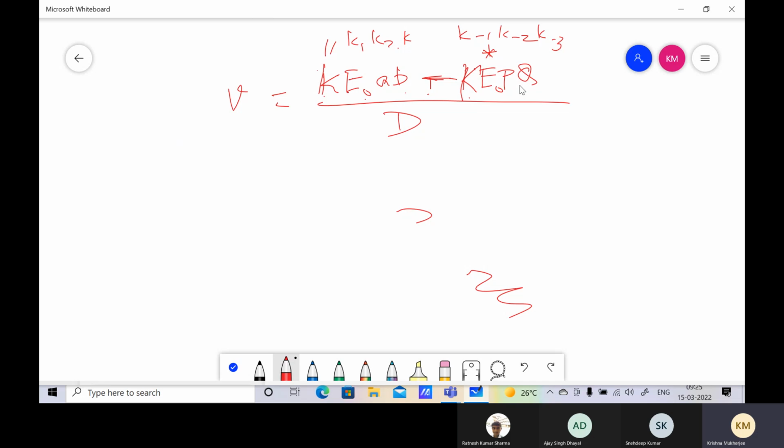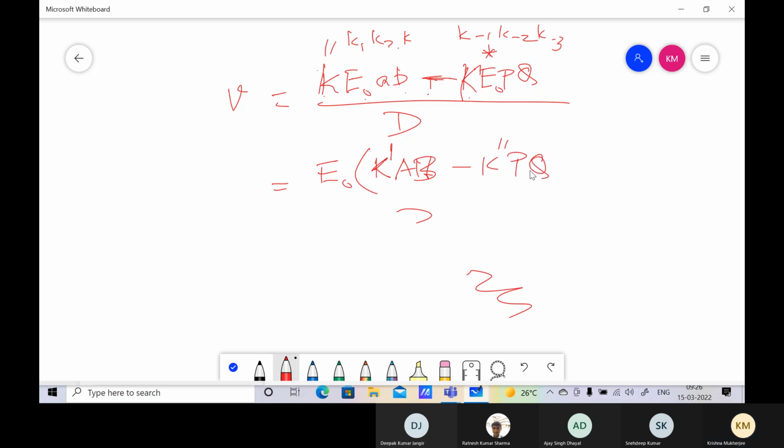So these are the steady state equations. So we really are saying that this sort of thing takes the form of some E naught here, and then some constant capital K, some constant capital K1, let us say, into A into B, minus some capital constant K double star P into Q. Okay, and then there is a denominator, and unfortunately this denominator is actually quite complex,